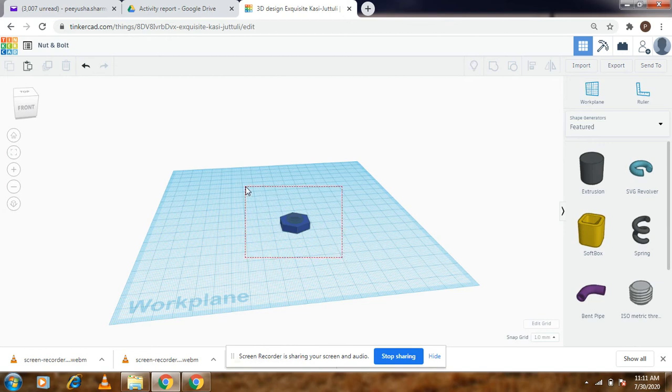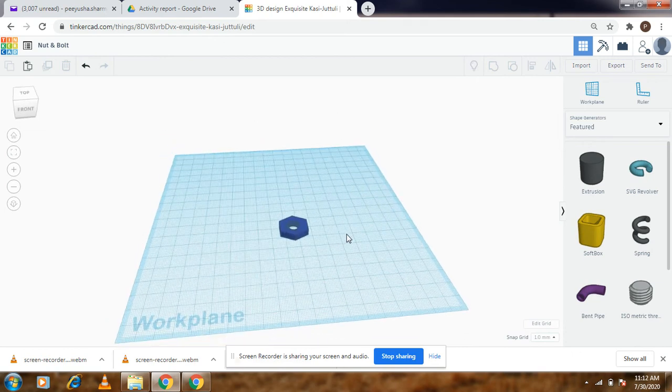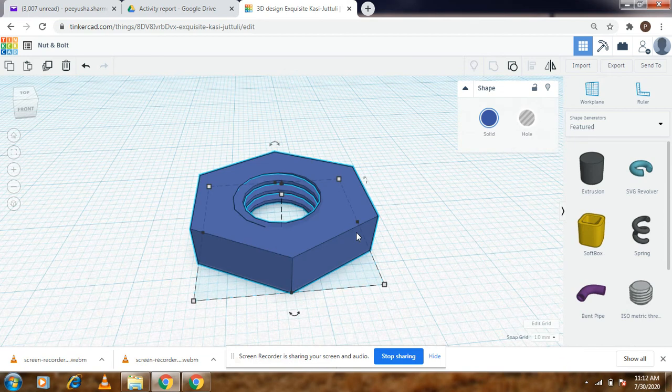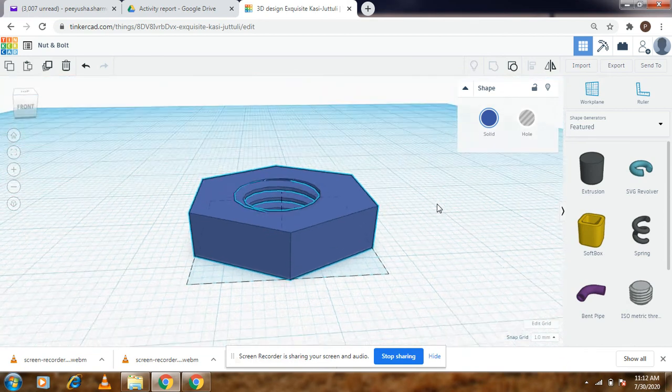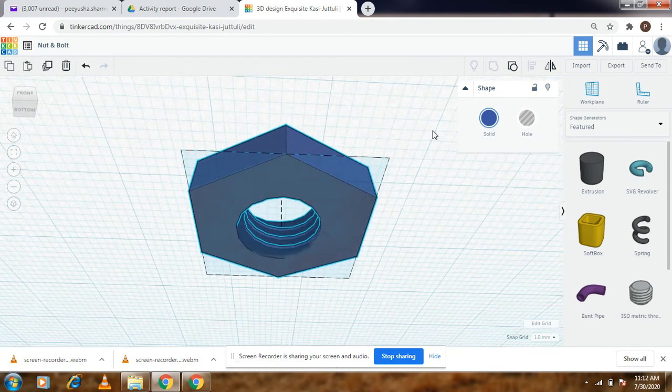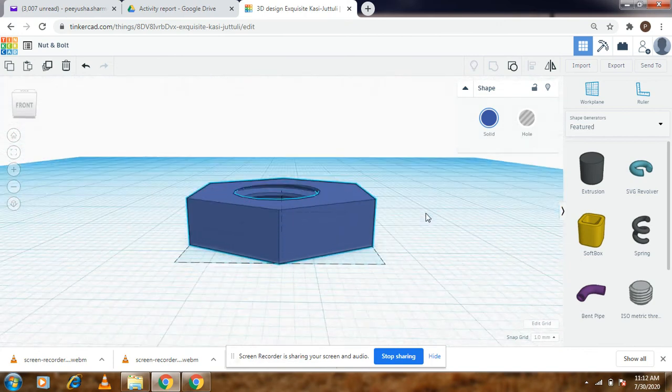So let's just go ahead, select the entire thing, click on group, and we should have our nut ready, because the hollow part will now subtract itself from the nut. There it is. You can zoom in and have a look on the inside. So if you notice, this is what the insides of our nut look like.